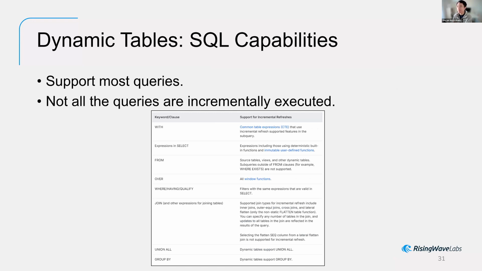It could be batch executed, which basically means I just refresh the entire table by doing the recomputation, right? And the only queries that are incrementally executed could be basically WHERE, HAVING, QUALIFY, and probably some of the join operators, UNION or GROUP BY. They can execute these queries incrementally.